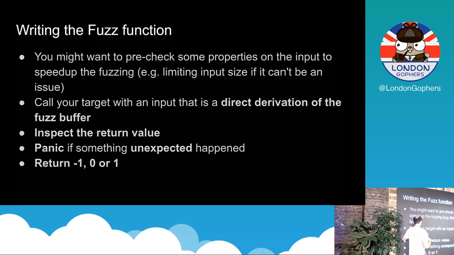And this is important. When you call your target, the input that you feed to your target needs to be a direct derivation from the input that the fuzzer gave you. So if the fuzzer gives you a byte of value 10, maybe you want to feed 100 to your function, and we'll see how to transform the input later. But if you feed it 10, it should always be 100. There is no random derivation. This should never happen, or again, you will not be able to reproduce your bugs.